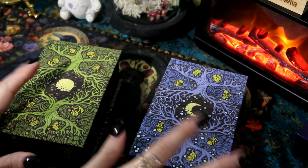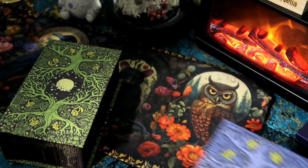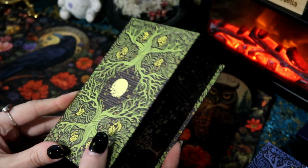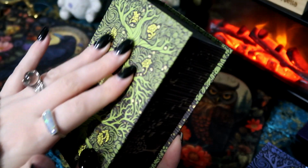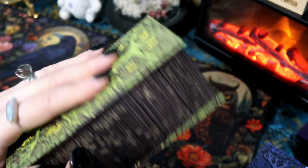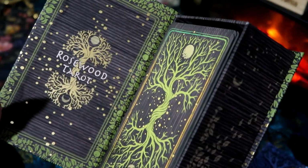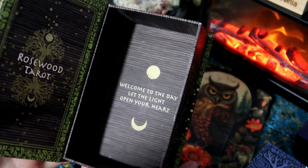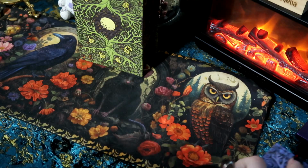So I'm going to do a side-by-side comparison. That way you get to see both of the decks in their comparisons. But as you can see, the box is really luxurious, super high quality. It has this kind of 3D effect feeling, and then when you open it up, it says the Rosewood Tarot here, and it says inside, "Welcome to the day, let the light open your heart." So that's lovely. And then the night version,